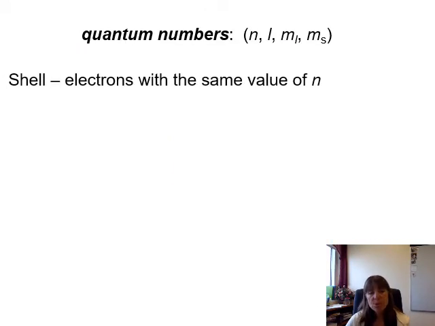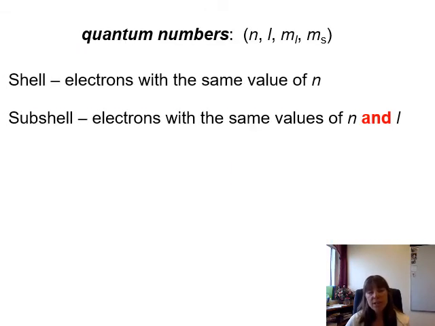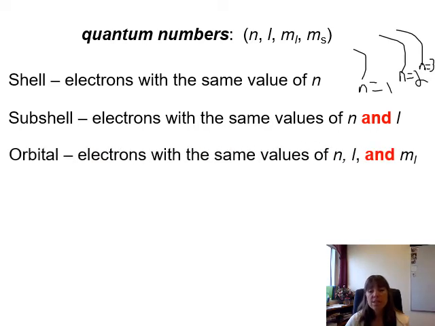So these quantum numbers, as far as the shells that they're in, a shell is an electron with the same value of n. So n equal 1, and then you have the next shell, n equal 2, and then n equal 3. So those are shells. They have the same n value, but a subshell is something like s's and p's, the same value of n and l. So a subshell is like s, and p, and so on. An orbital is an electron with the same value of n, l, and m sub l. So if I have a 4s orbital,